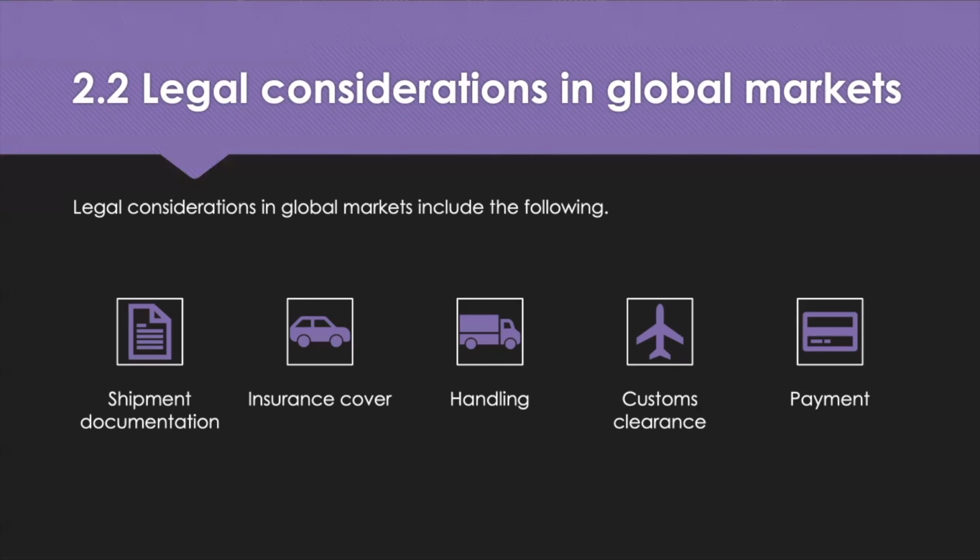And then handling. Good packaging can be used to reduce damage that can be caused to goods in transit, as well as reduce insurance costs and optimise space. There are packing specification regulations for various modes of transport, such as dangerous cargoes in air transport. The customs clearance is the process for